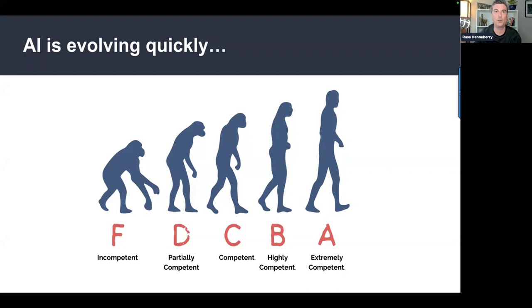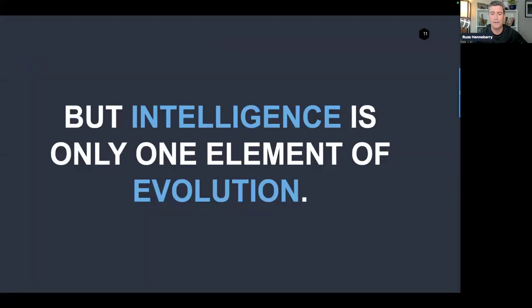There are things it can do better than a Nobel Prize winner, and there are things it basically cannot do at all. It is completely incompetent at doing it, and that's what the whip around is about. It's about pushing around on these tools and seeing what they're capable of.